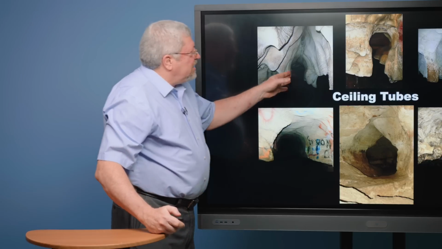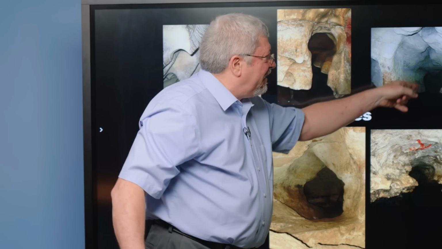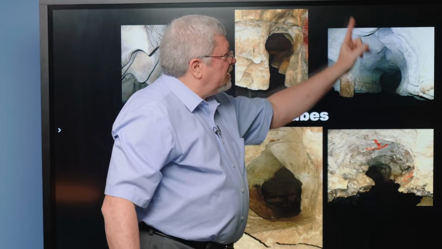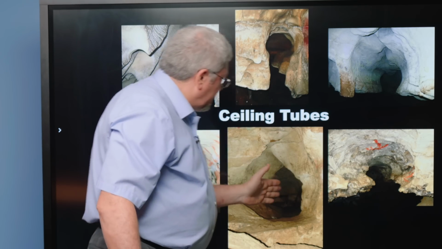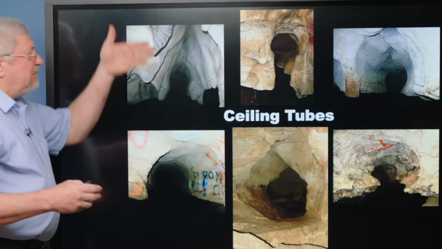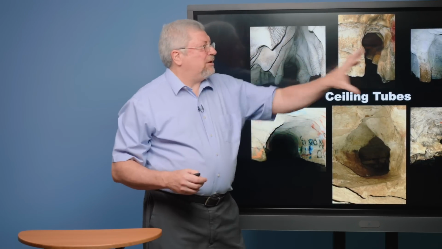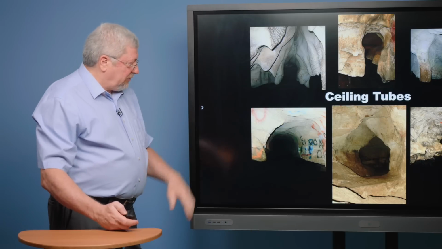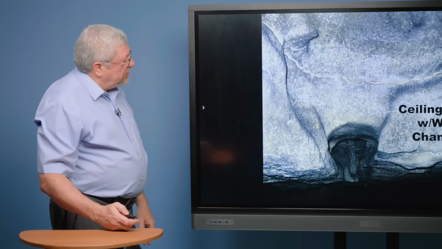These channels in the ceiling of the cave, so we're looking at, the ceiling would be straight up here. This is a horizontal channel very commonly found in the ceiling, near the ceiling, or in some cases right in the middle of the wall. You could trace it for hundreds of feet in some cases as it winds around through the limestone.